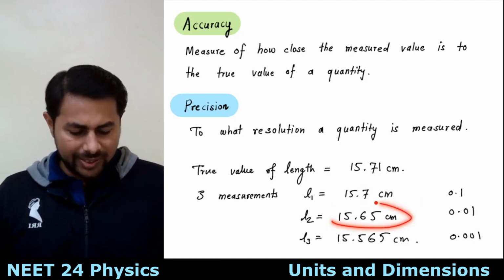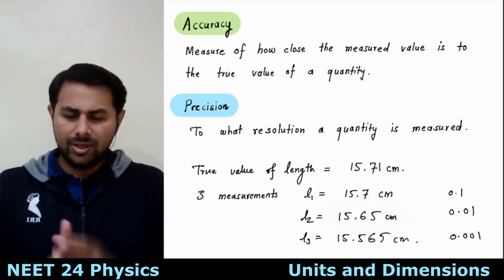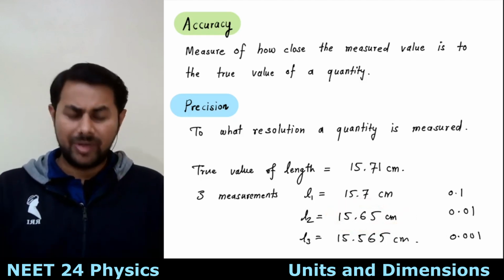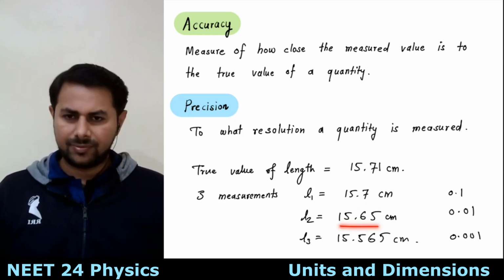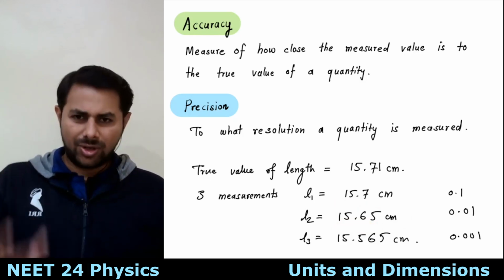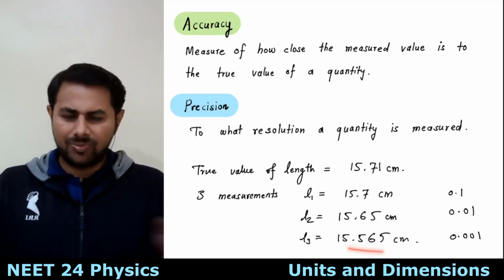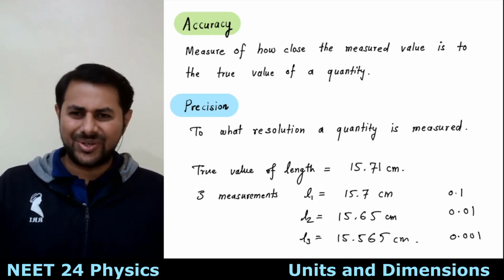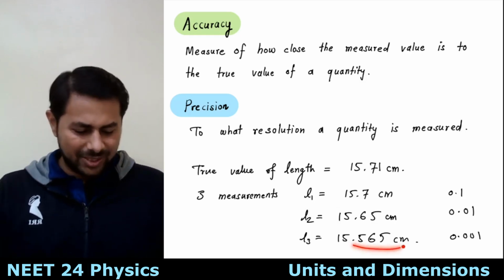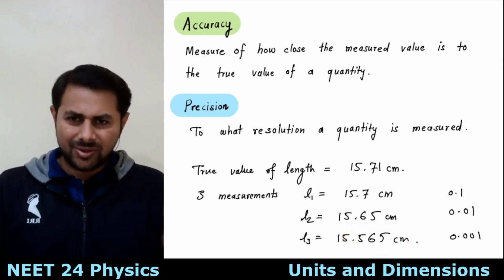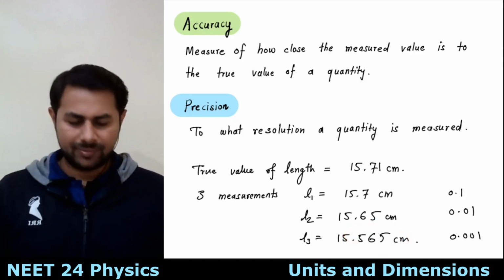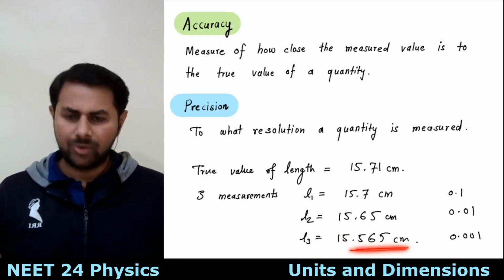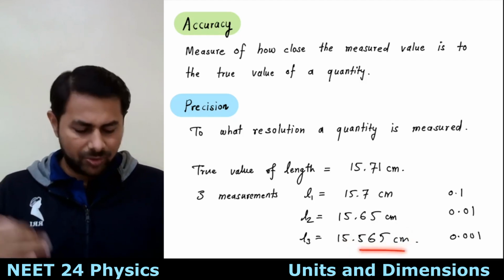Vernier scale gives a reading which is more resolved. More resolved means in more detail compared to the normal scale, right? Then there is screw gauge, but you won't measure the length of the pen with screw gauge, you can't measure that. But suppose there is some other instrument which gives you even more detailed readings. So this is more precise, this is with more precision.